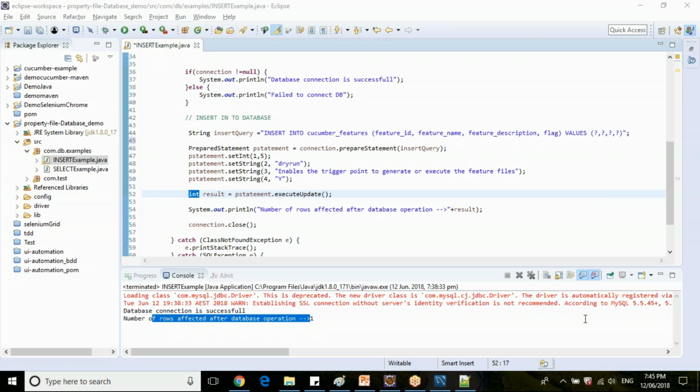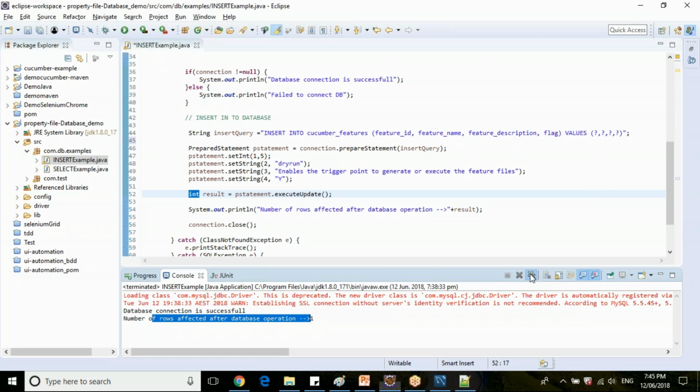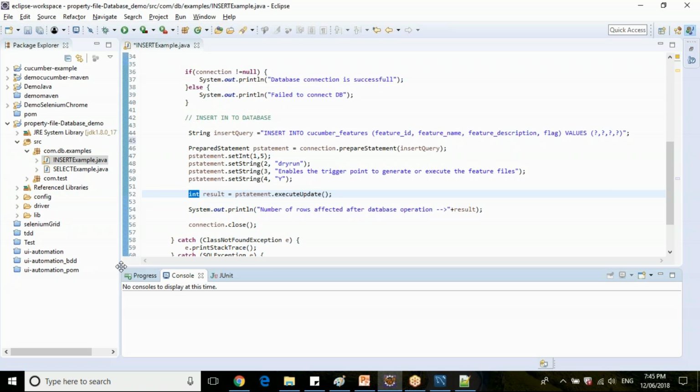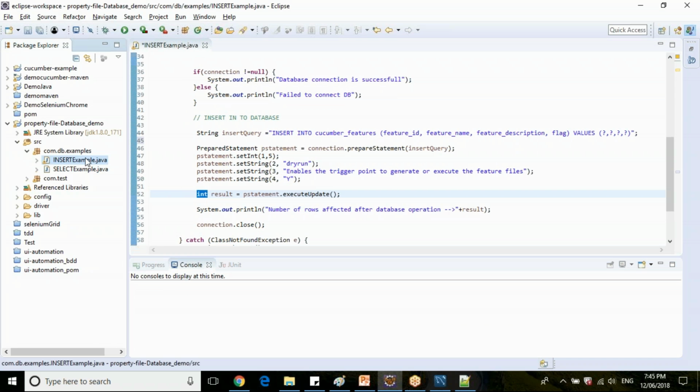Guys, let's resume the session. The next operation in CRUD is update. Let me clone this insert class and create one for update.